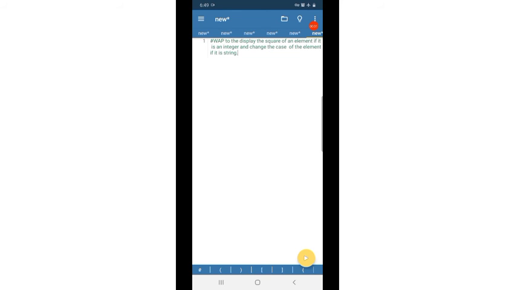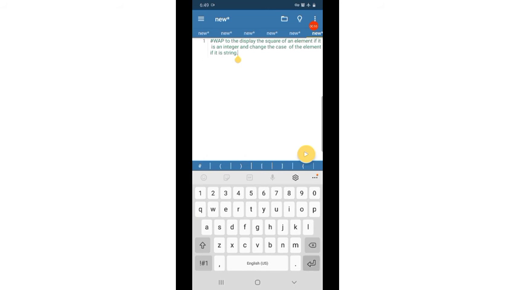So the next program in list is to write a program to display the square of an element if it is an integer and change the case of the element if it is a string. For that, first we create a list. We know that a list can contain values of different data types. So we create a list L